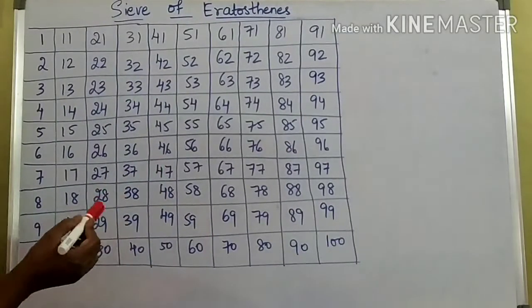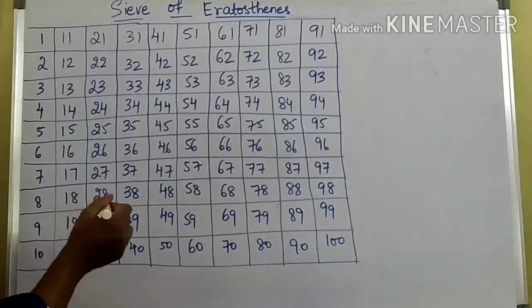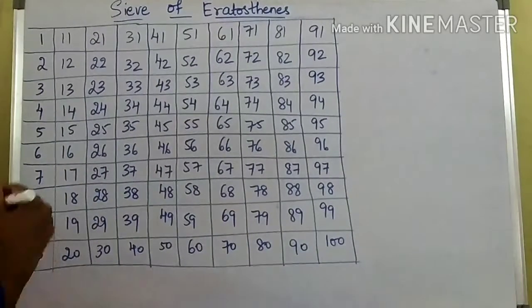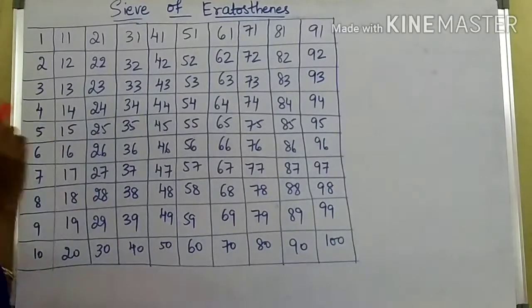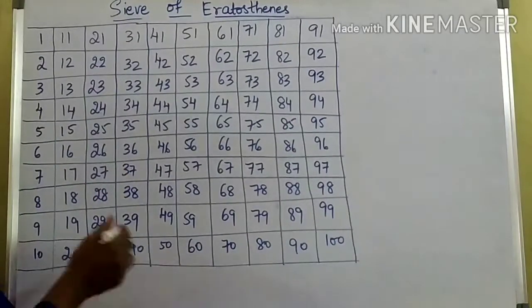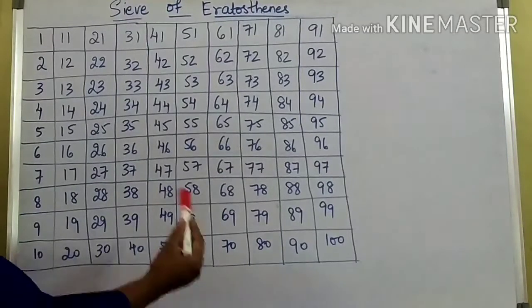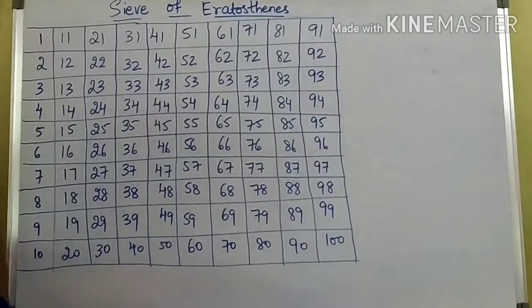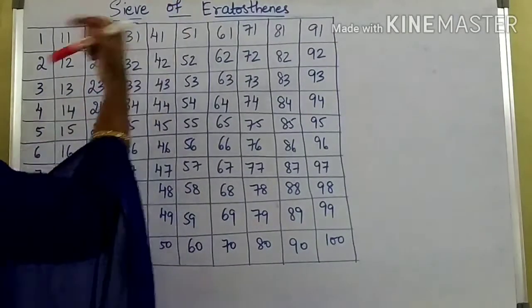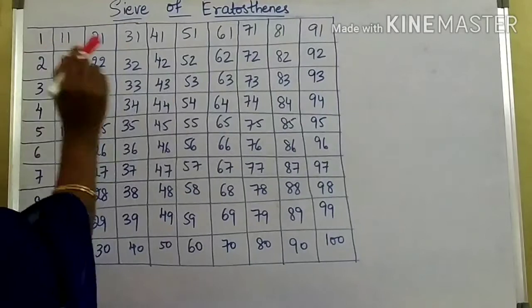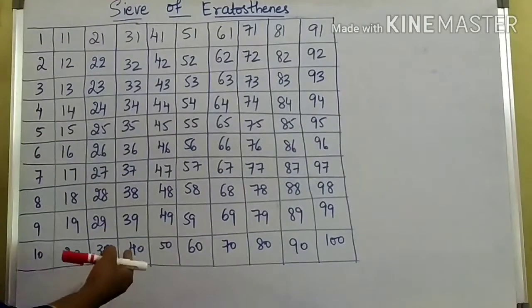in the previous video I explained that using the factors we can divide numbers into prime, composite, and co-prime numbers. Without actually checking the factors of a number, we can find prime numbers from 1 to 100 with an easy method given by Eratosthenes, a Greek mathematician, in the 3rd century BC. So let us see the method.